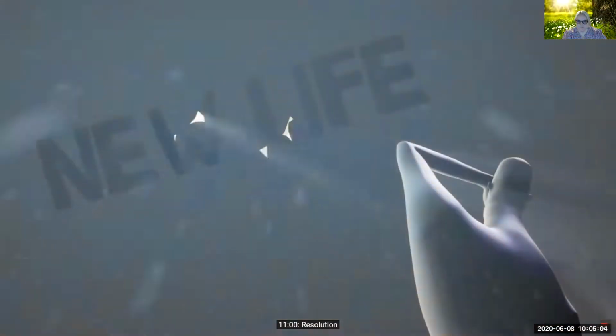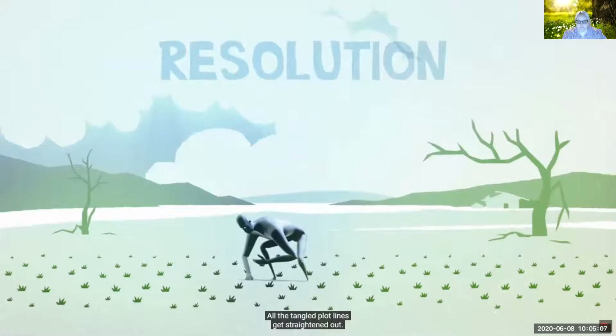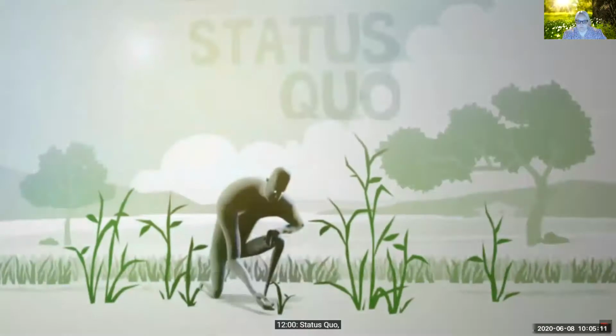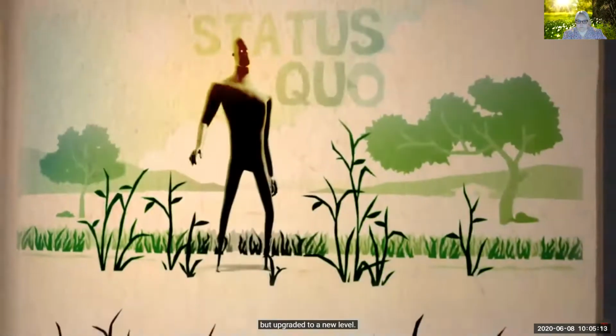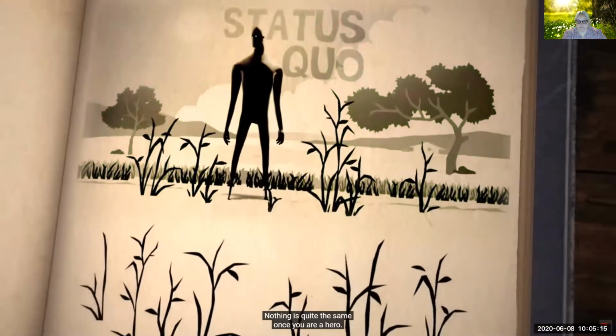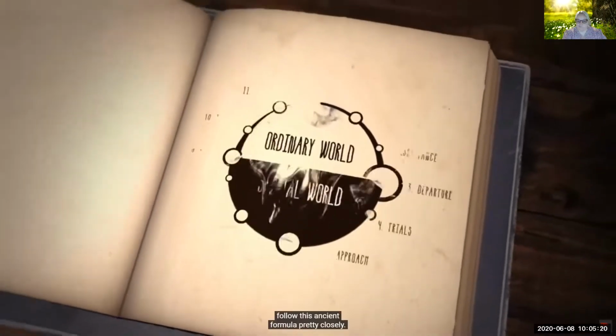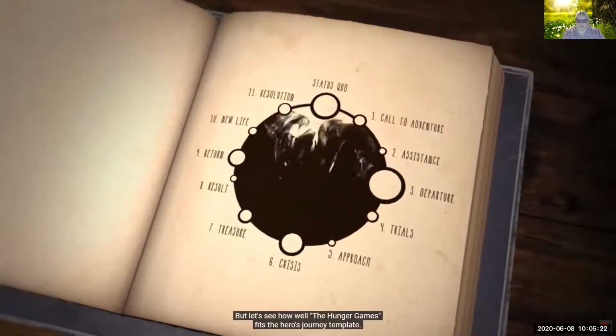11 o'clock, resolution. All the tangled plot lines get straightened out. 12 o'clock, status quo, but upgraded to a new level. Nothing is quite the same once you're a hero. Many popular books and movies follow this ancient formula pretty closely, but let's see how well The Hunger Games fits